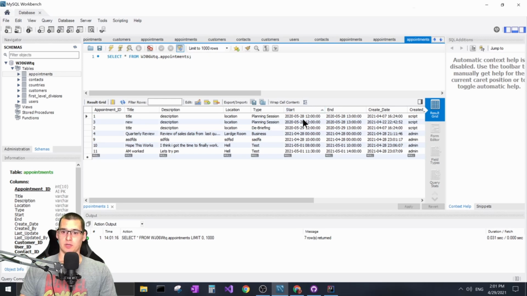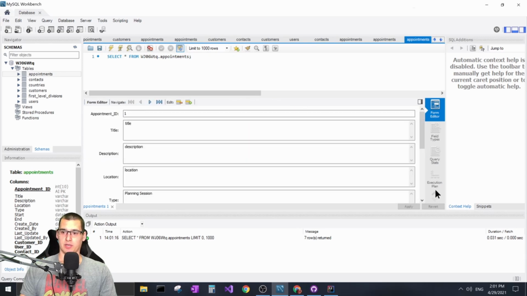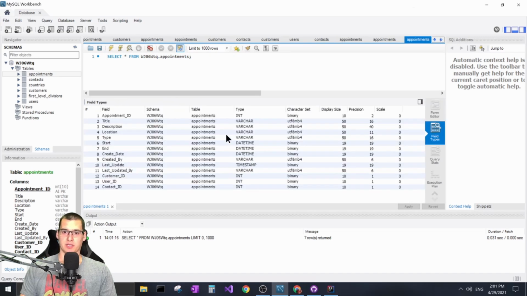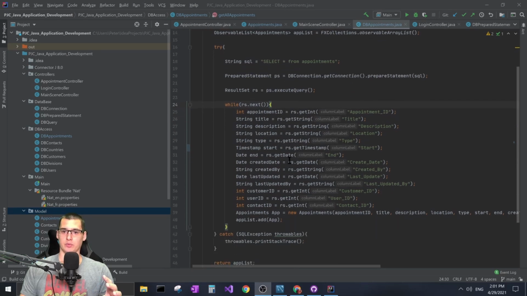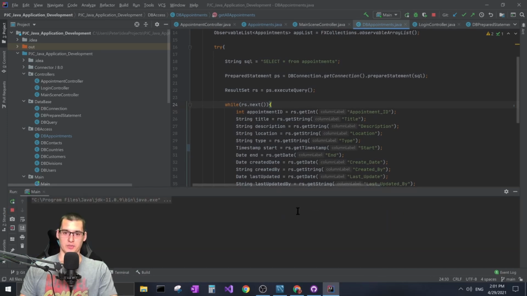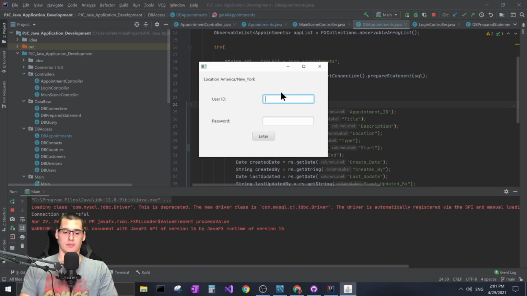If I go down to field types and look at the start date, the type is a date time. So originally when I pulled this information into my actual project, inside of my database appointments, I pulled this in as a date, which it'll let you do. So you can pull it in as a date. But the problem I found with that was when I went to view my appointments